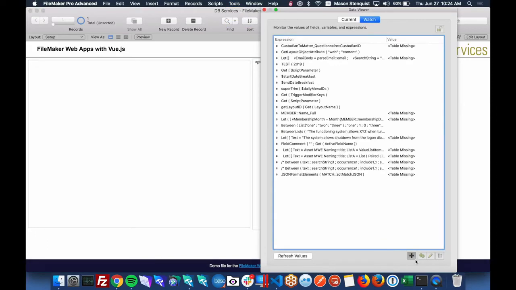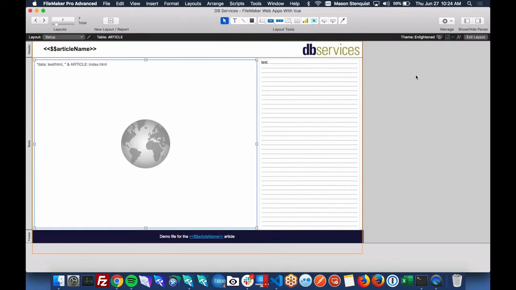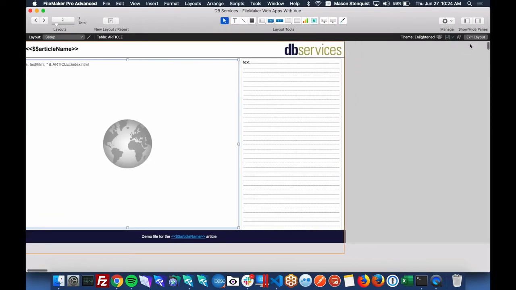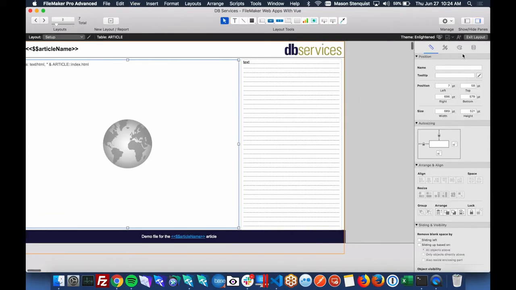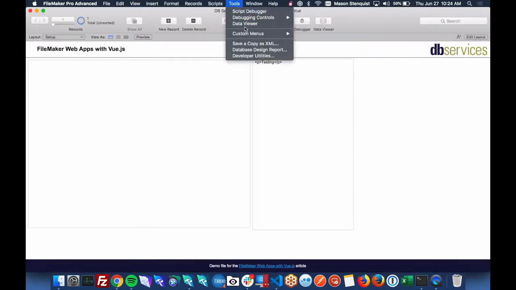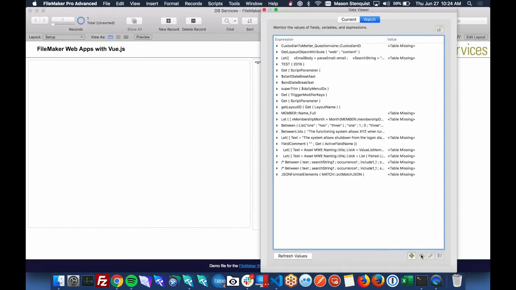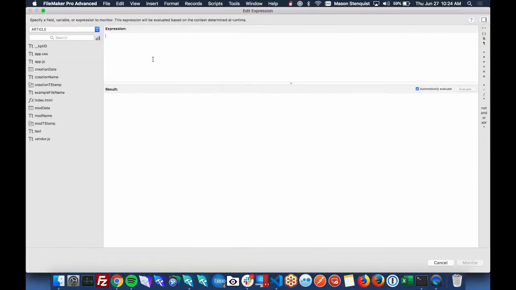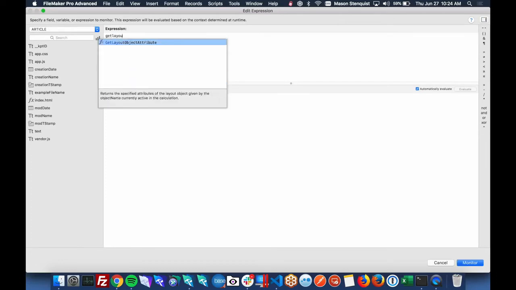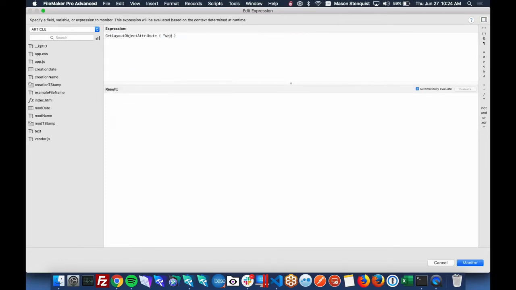What I like to do is, actually we need to name our object first. So we'll just pull this into our data viewer. We can do Get(LayoutObjectAttribute) web. We can check the source and the content. So source, okay, content.